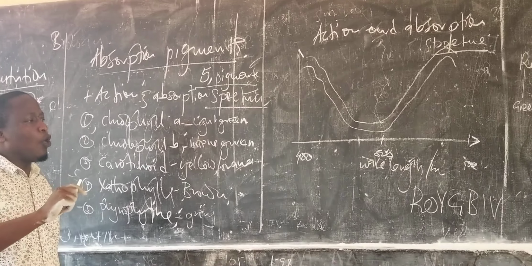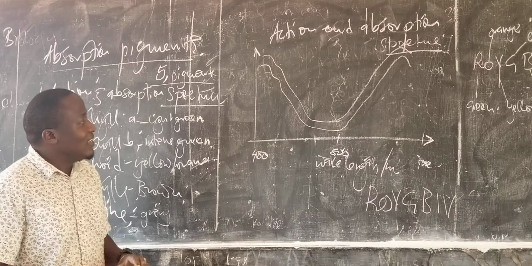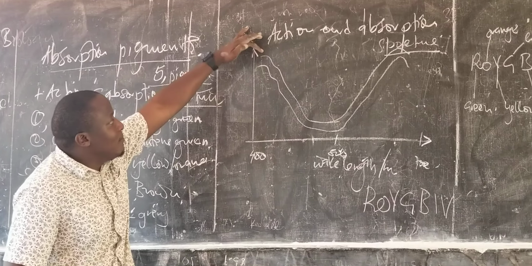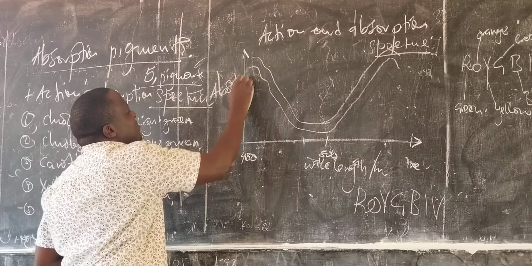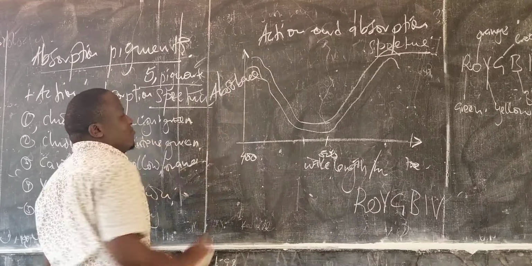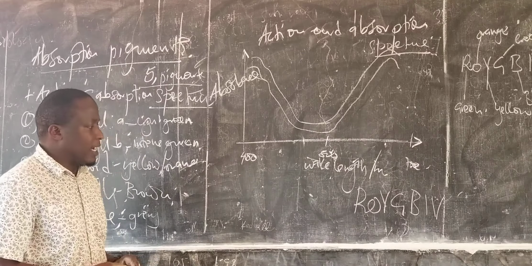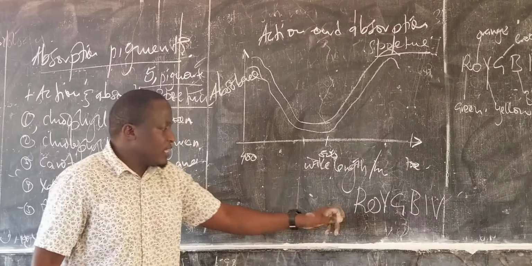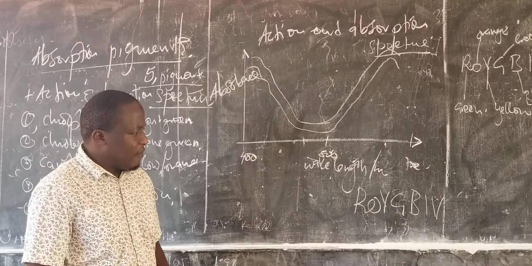For example here, when we present the action and absorption spectrum, you realize that this is absorbency, right here, absorbency. This is showing the percentage of absorption that has occurred. These are wavelengths as presented by ROYGBIV beams. These are the colors present in the electromagnetic spectrum. If you remember your physics teacher, the college must have emphasized that